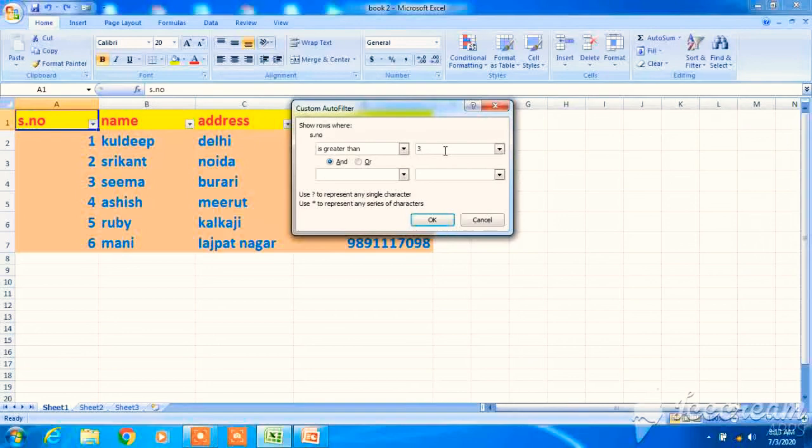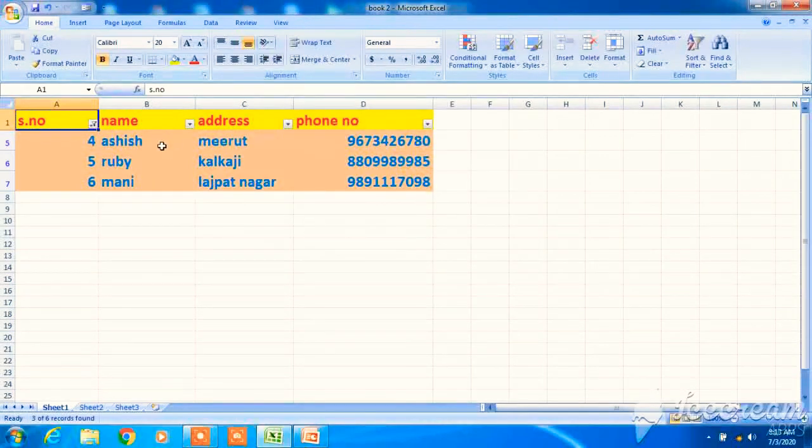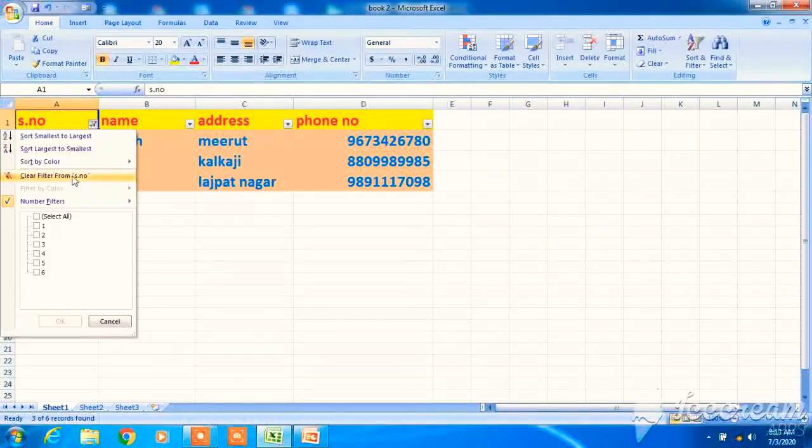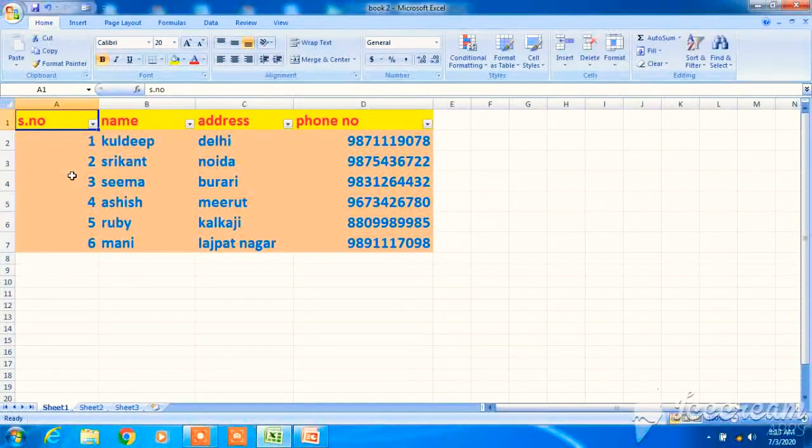So all the numbers which are greater than 3 should be our output. So let's click on OK. Fine, this way we can enter number filter. How can we clear the filter? Again click on this icon, clear filter from serial number. Fine. This also can be removed. Going to editing tab, sort and filter, click on this. Clear.